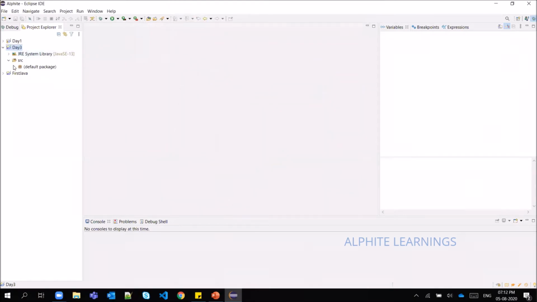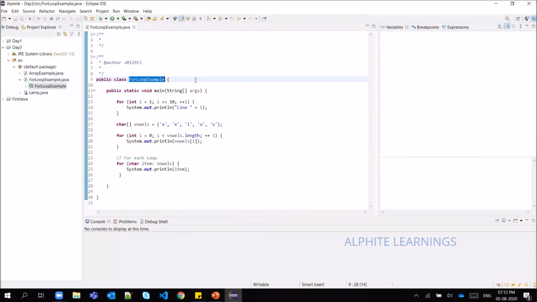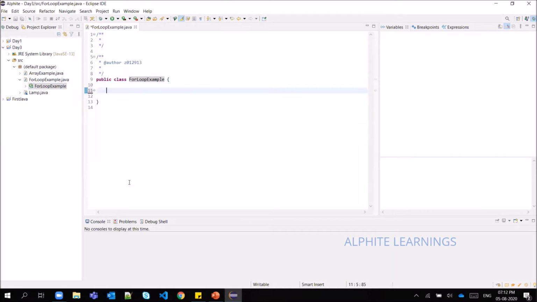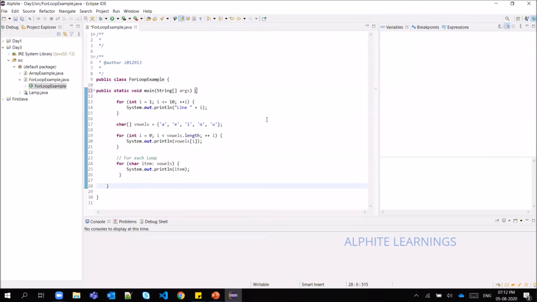So usually your class file will be empty. You will have only this set of code. If you have created a class file, the name of your class file will come here. Next, this public static void main, as I have already told you, is the beginning point.